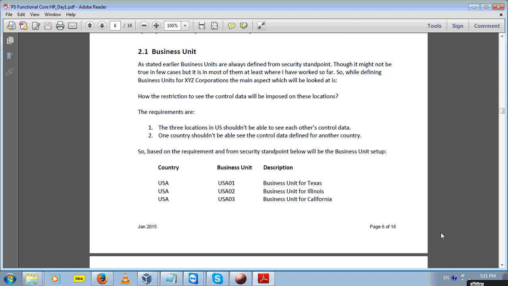So let's say on the security front, we have these two requirements. When we are defining business unit, we are talking about security to control data. It is not row level security or page security. It is security to control data, control information. The requirements are that the 3 locations in US shouldn't be able to see each other's control data. This is the first requirement on the security front. The second requirement is one country shouldn't